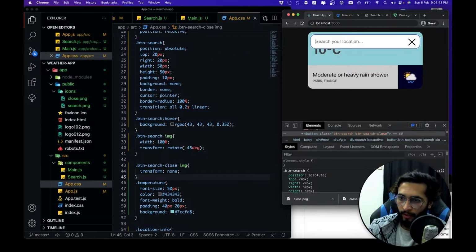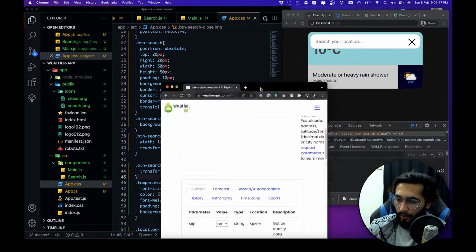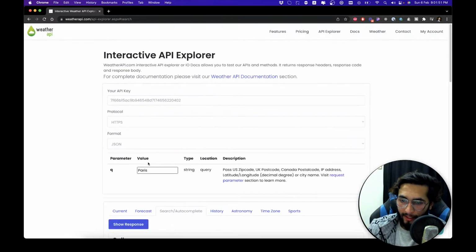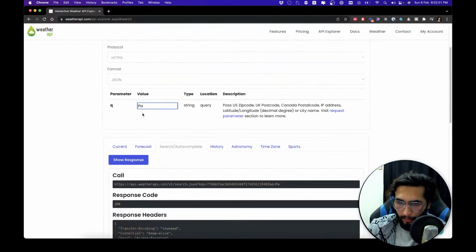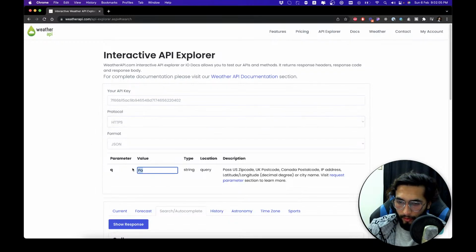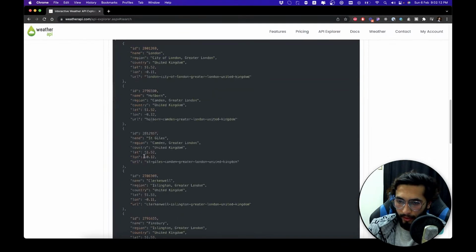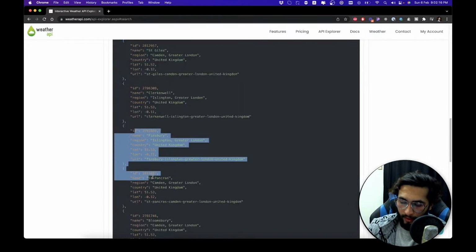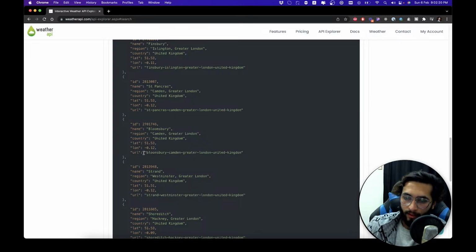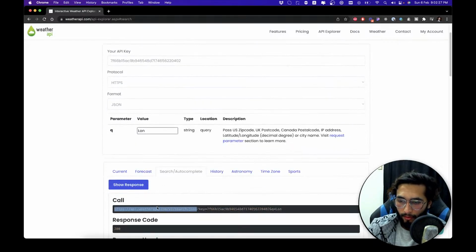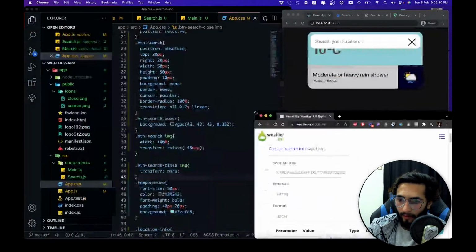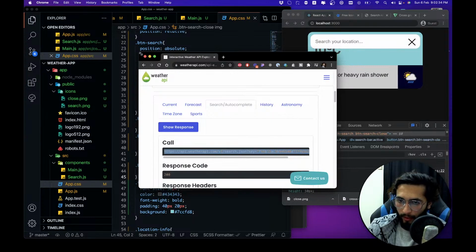Now, let's just search for locations. So if we go to our API over here, we have a search slash autocomplete function. So whatever we search like this and search, it gives us some autocomplete queries, right? So if we search something like on and we click on show response, it will give us some descriptions, something like with lat long and everything, and with IDs. So we can use this endpoint to call the autocomplete API, and let's just copy this endpoint